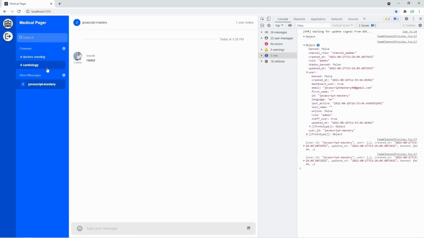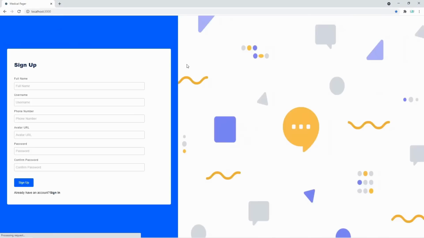But now let's actually test this out with a real user. Of course, right now we're logged in as Dr. Smith, but we need another user to be able to chat with him. So let's log out and create one more account. I'm going to close this, click logout, and right now let's create another doctor. Let's do something like Dr. Miller